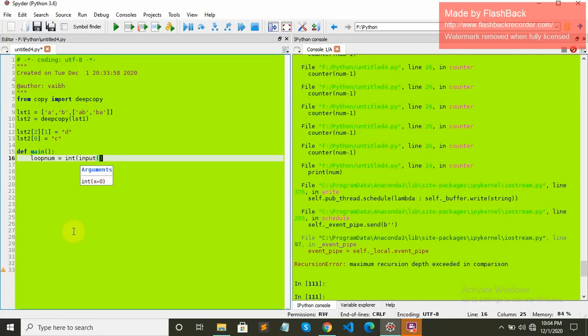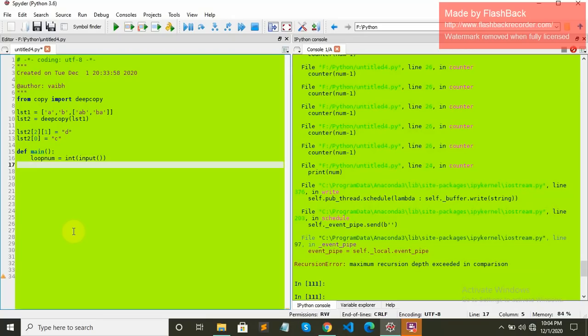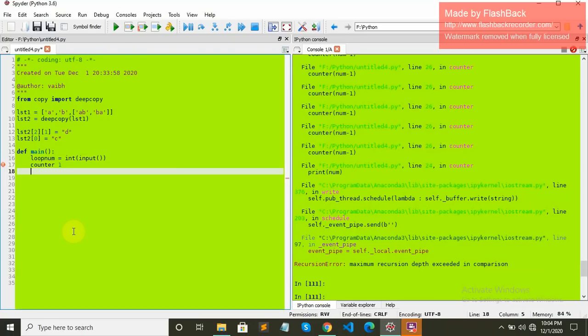In the input we will put how many times we want to run the loop, and then let's have counter 1, and then we will have recur. It is our recursion function, and then loop_num first argument and counter as second argument.